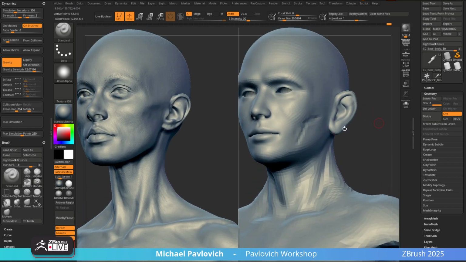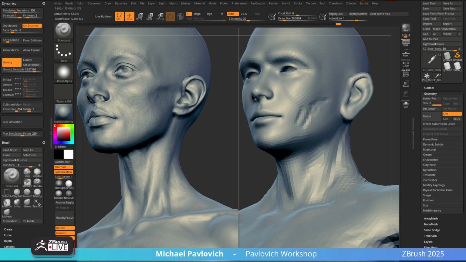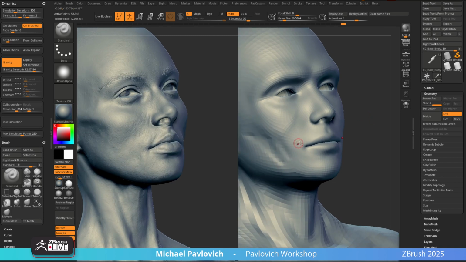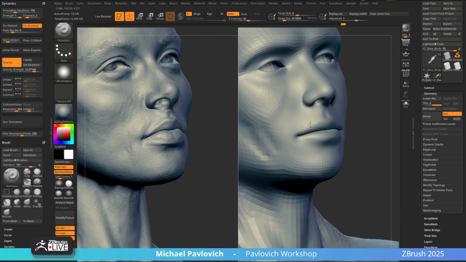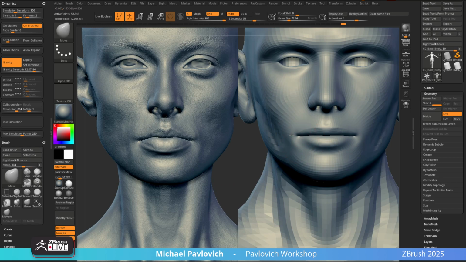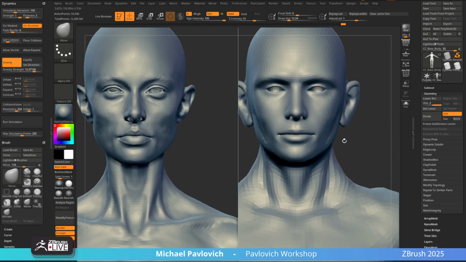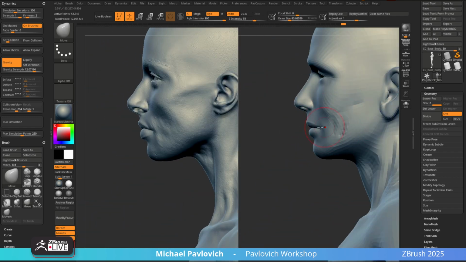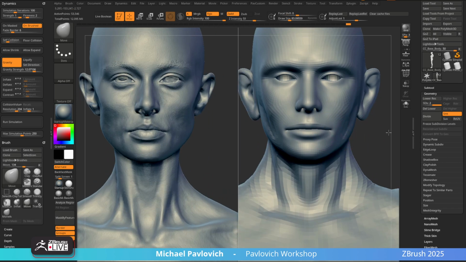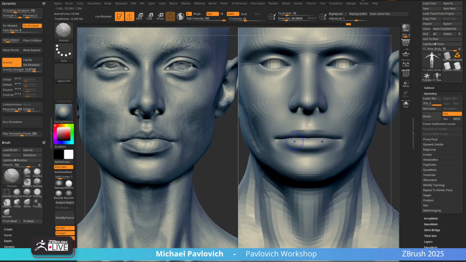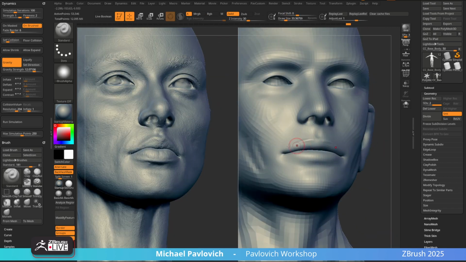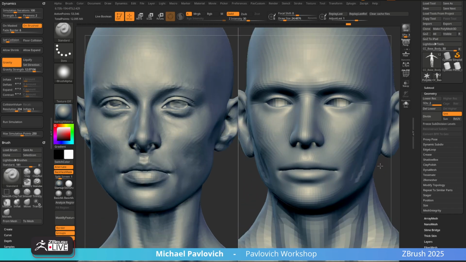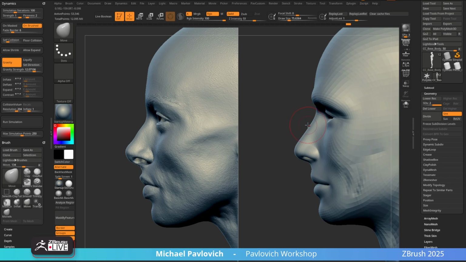So let's go through here and start, again, just knocking in some of this. And we'll go ahead and stretch this mouth out just a little bit here, and thin the lips out. And, oh, we got a good profile. This nose is going to be,